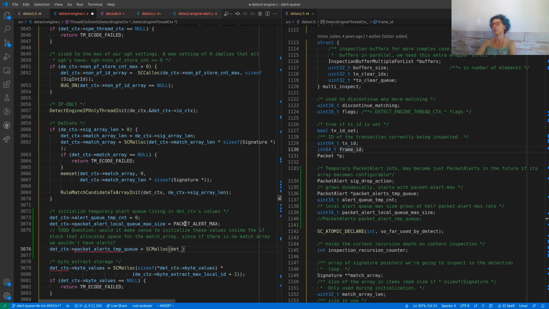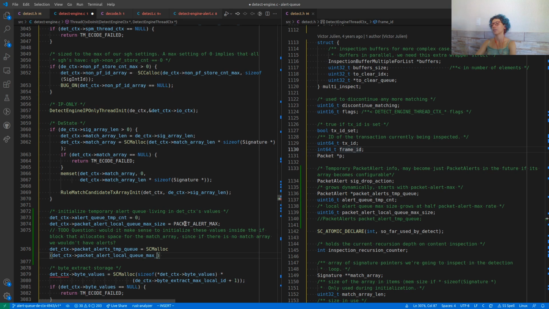This is something I'm still learning, but I want to use packet alert local queue max size times size of packet alert.